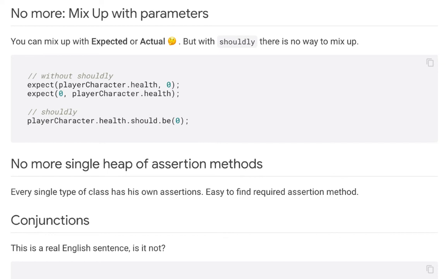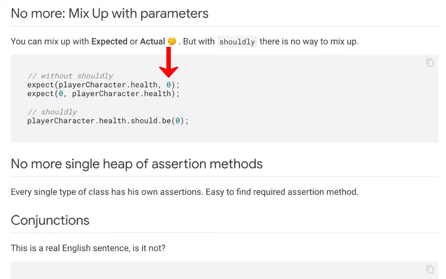First, when writing asserts, one of the things that can cause annoyance or errors is mixing up the expected and actual parameters. Here's a couple of asserts using the Expect method from the test general package, and we are just checking that the expected player character's health is equal to 0. Notice that in the first example the expected value 0 is coming in the second parameter, and in the second example it's coming in the first parameter. So while of course IntelliSense will help us to know which is the expected parameter and which is the actual parameter, it can sometimes mean additional mental effort to make sure we've got the expected and actual values in the